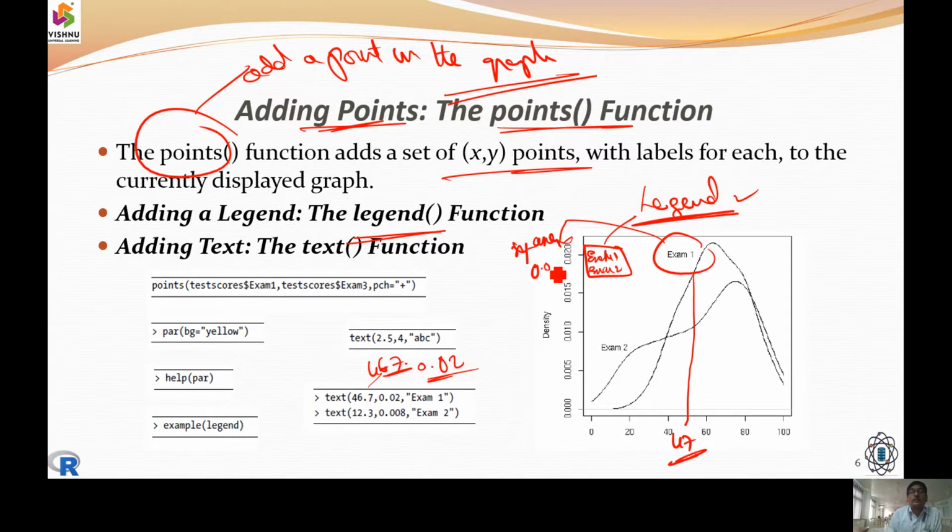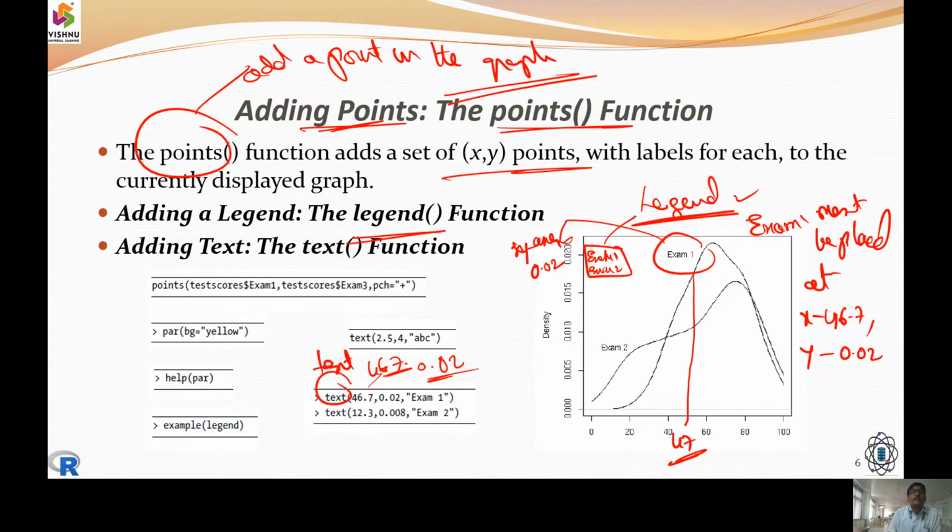So this is 0.02. So exam 1 must be placed at 46.7 and 0.02. This is y and x. So for that we are going to describe it with text. For that we are going to use a function called text.